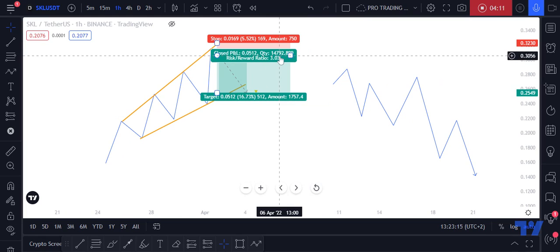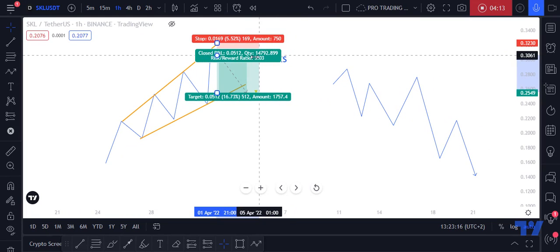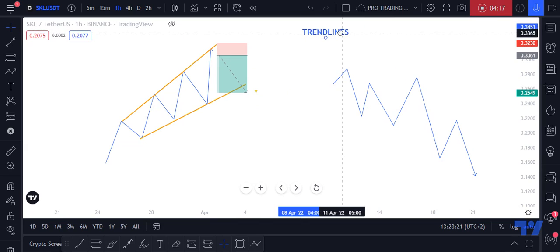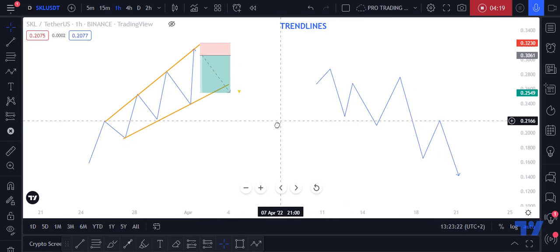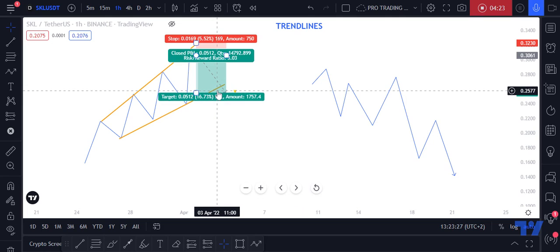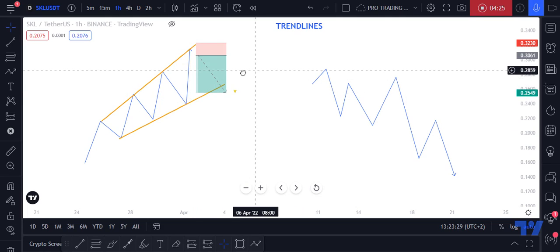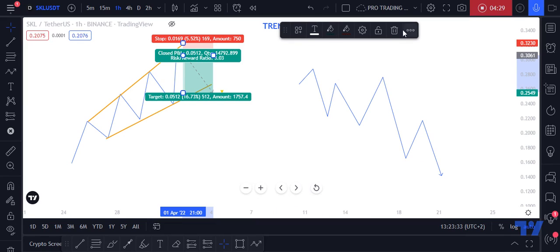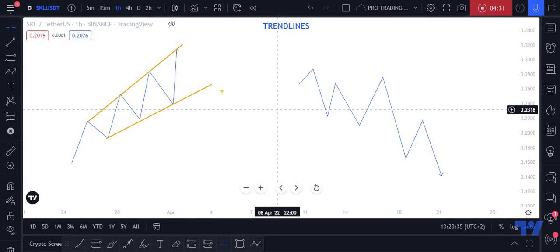So let me just try to adjust this and remove this. Maybe place it here. Okay, so it's something like this, right? You want this coin to come back to this area. Then when it comes back to this area and maybe you can see reversal patterns and stuff, then you can also take a buy, because you know that okay, the coin is